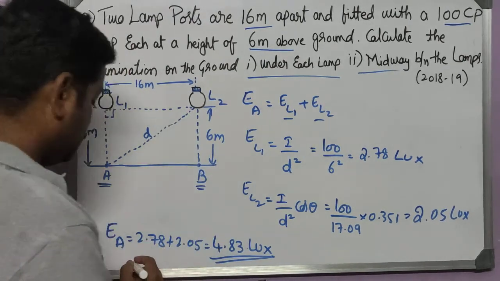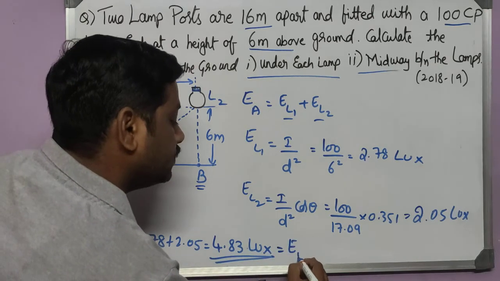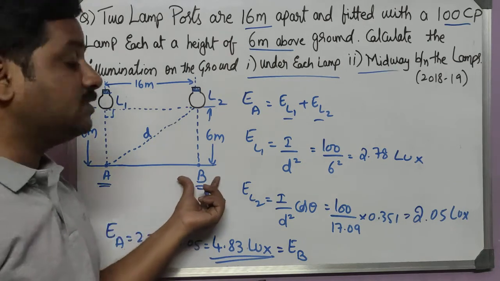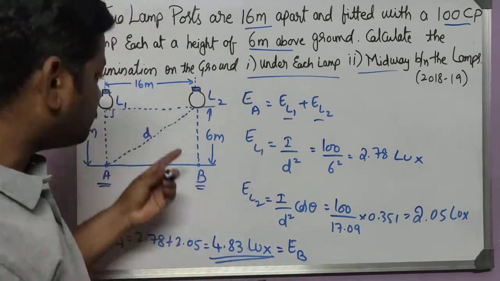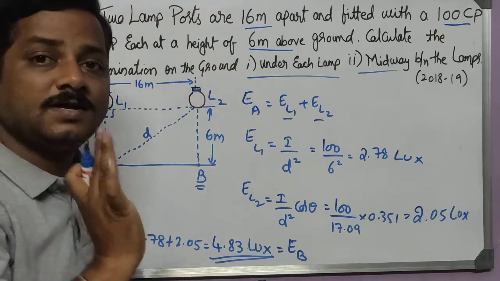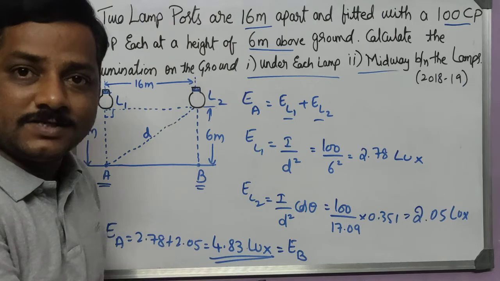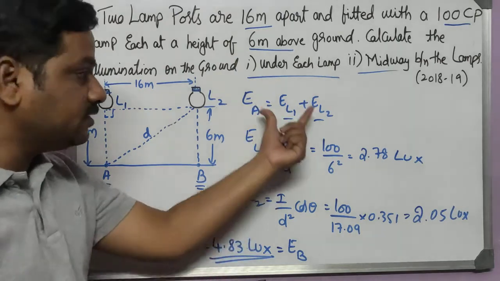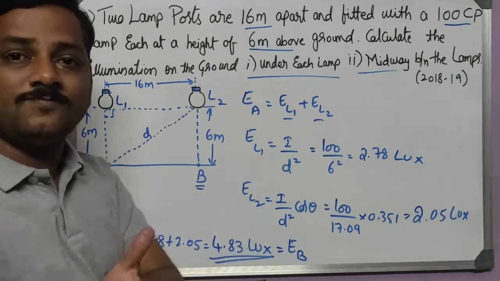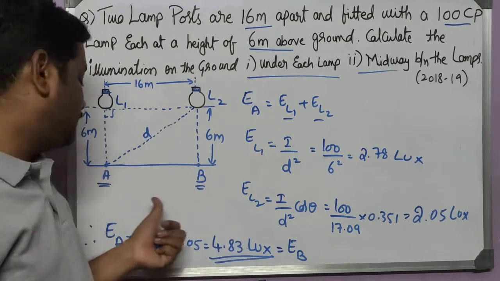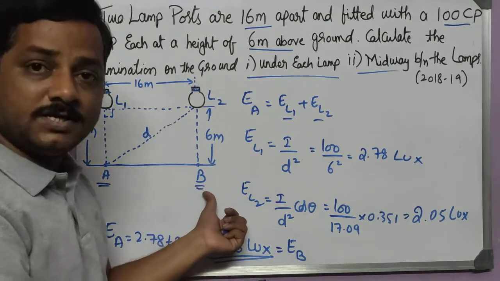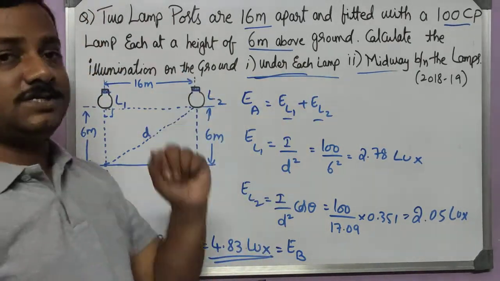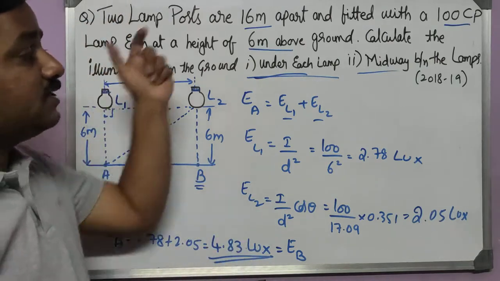So we can say the illumination I got here will also be equal to EB. The illumination I am getting at this point will be equal to the illumination at point B. Okay, is this clear? Because both have the same capacity. If these two are of different capacity, then definitely you will get a different answer. You have to substitute for point B also by using the same procedure. But because these two have the same values, we need not substitute the value for B. We can just equate whatever answer we got here, and say that is equal to B also. So that is how we can find the values of illumination under each lamp. Hope this is clear. Now let's move to the second condition.